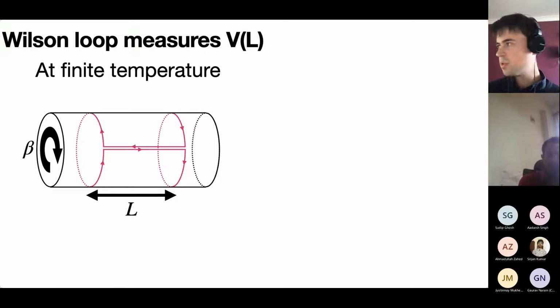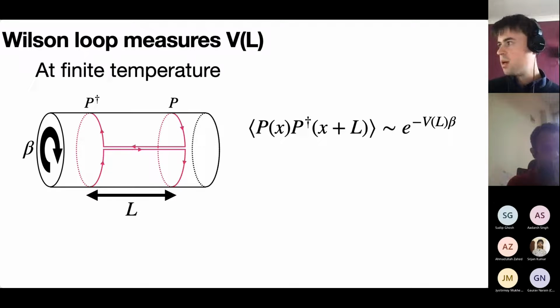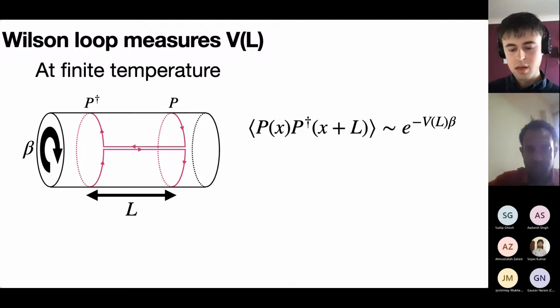We can follow the same logic as before, and we'll see that this Wilson loop gives an area law. But it's easier to think of this as the correlator of two Polyakov loops. So you can see these are Wilson loops which have been taken around the thermal direction, so they're Polyakov loops. Then the potential between these loops involves the potential between quark and antiquark pair, but as well as containing the factor of the temperature or the inverse temperature. And this is just like the area law expression if V is linear.